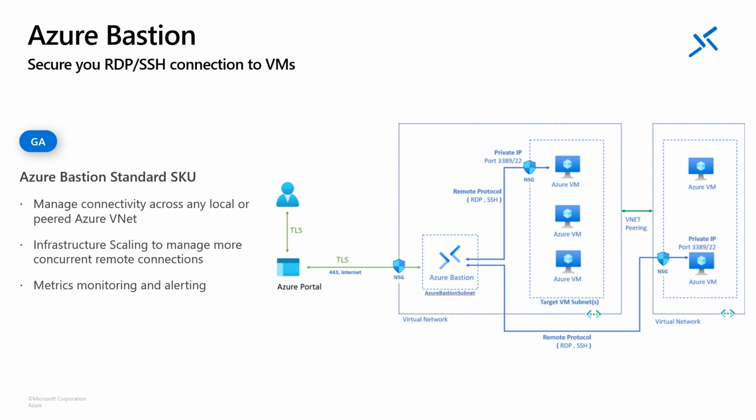What we are announcing new here is that Bastion can now work across multiple VNets. So with a single Bastion service, you could reach all the VMs across peered VNets as well. So this makes it easier for customers to configure, deploy, maintain and manage. So this is another important element of how you prevent internet-based threats from even entering your deployment.